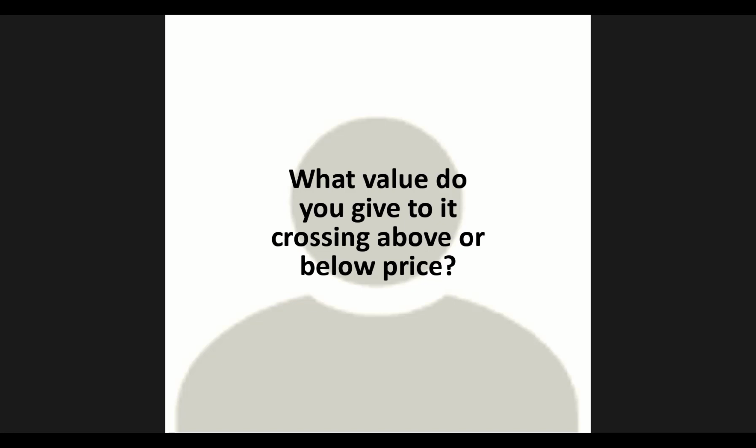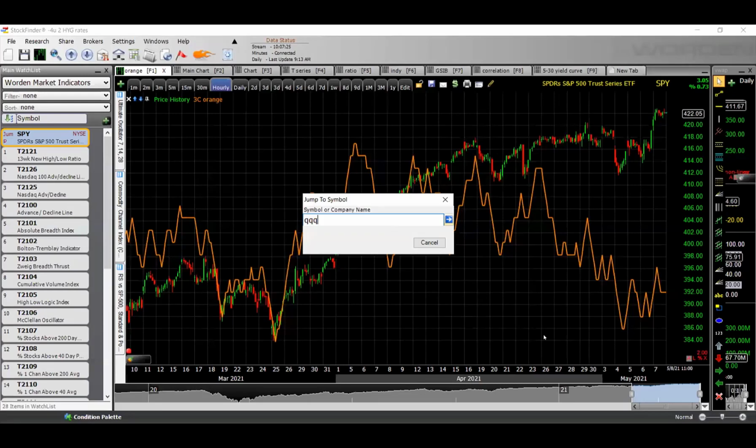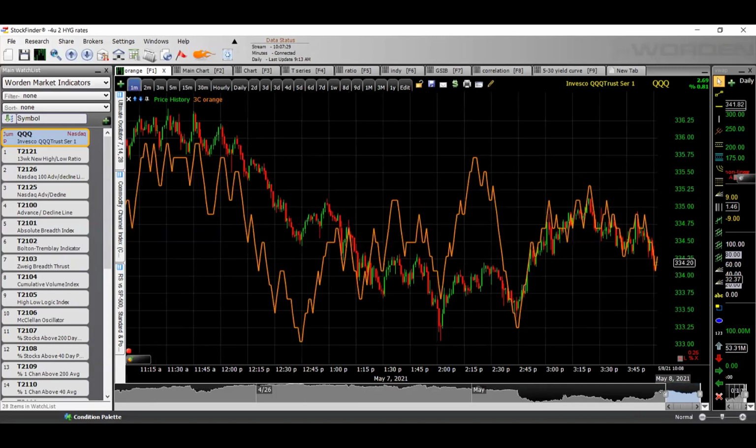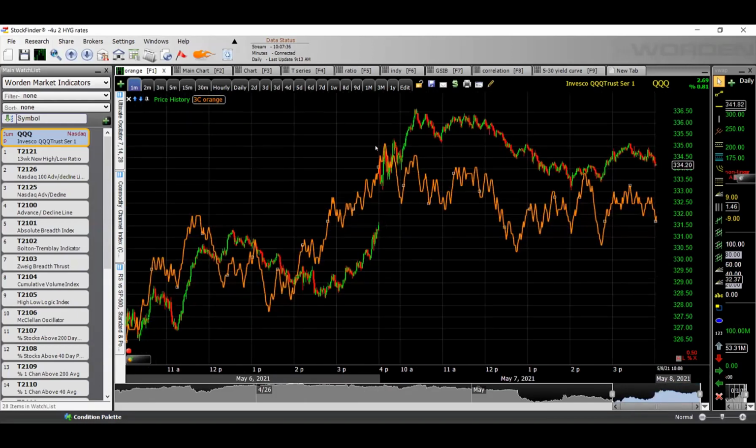Let me show you this real quick. I don't know how the charts you use are working as far as whether they're anchored or not. So I'm going to share this real quick. Okay, so this is just a 1 minute chart of QQQ. I'm going to back out a little bit. What I want you to watch is where 3C is relative to price over here, just a little bit